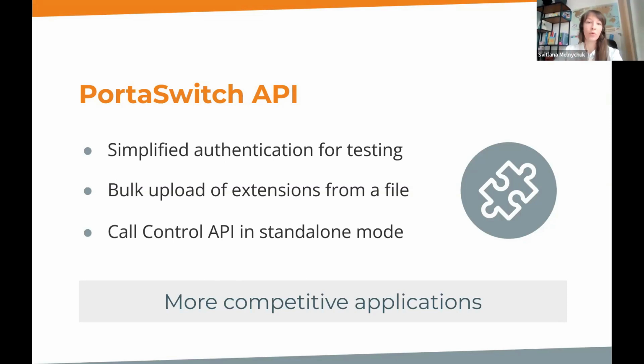So if you are offering your customers applications that have call control functionality, this feature can help ensure that your service is available 24/7. And let's talk about something that I am really